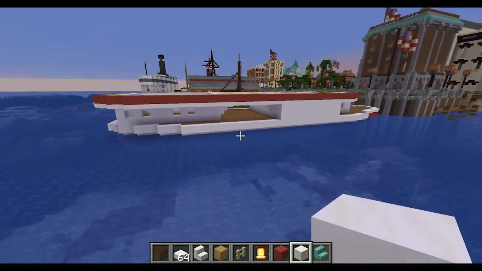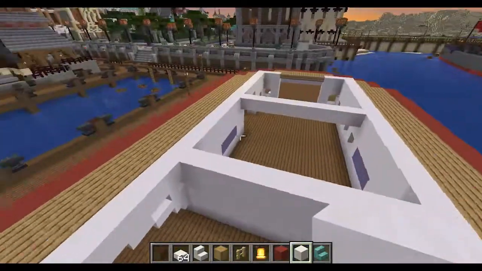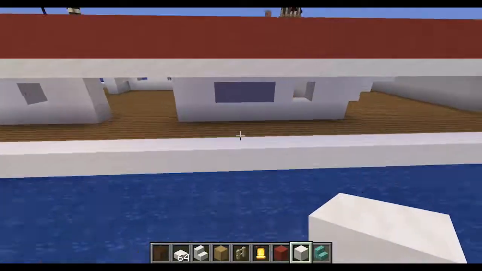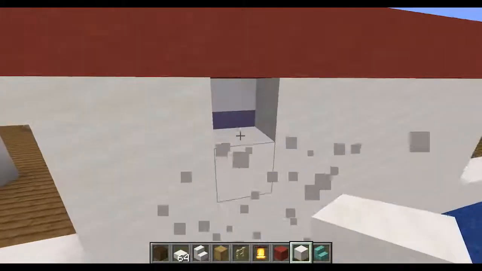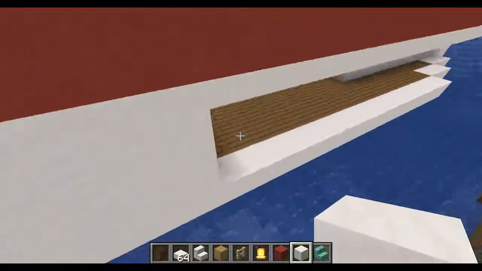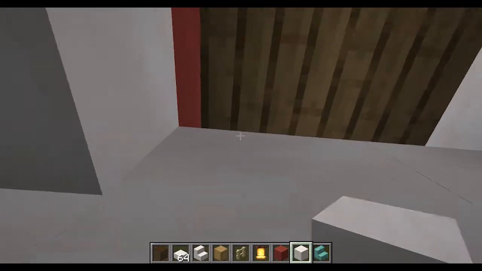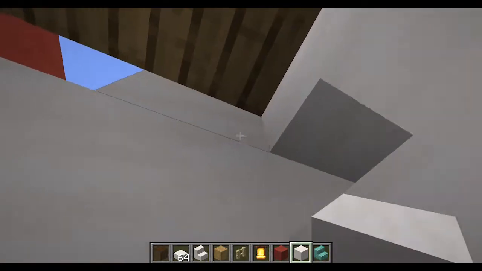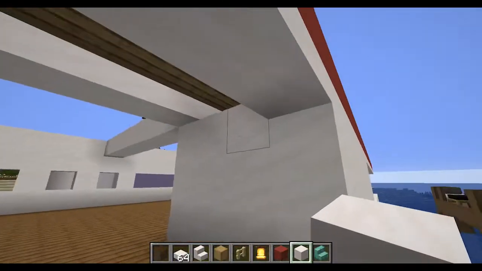We need to come up with a little logo for the ship line. Repeat that same process over here. Neat. Very good. Just gotta connect our dots here.